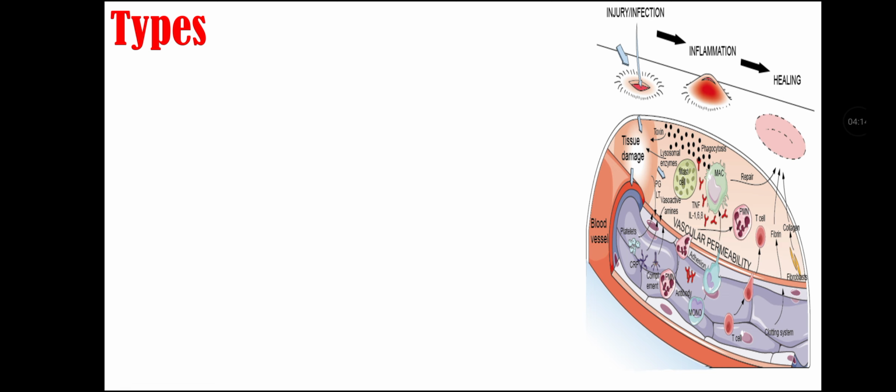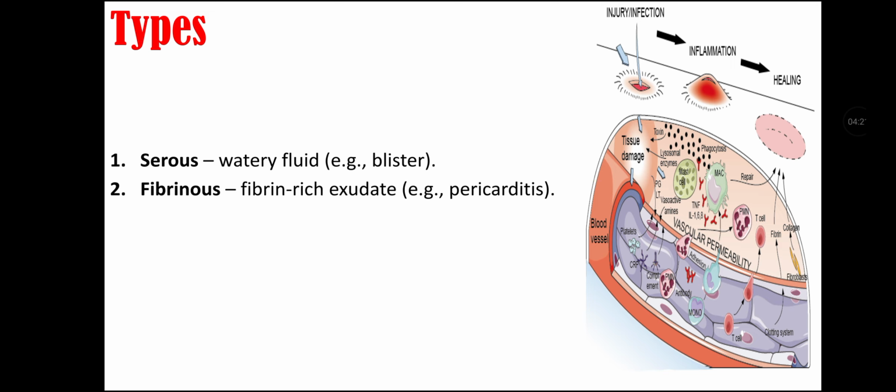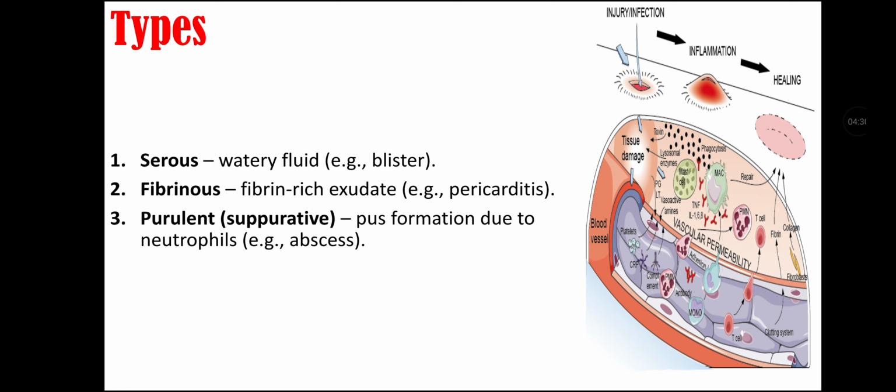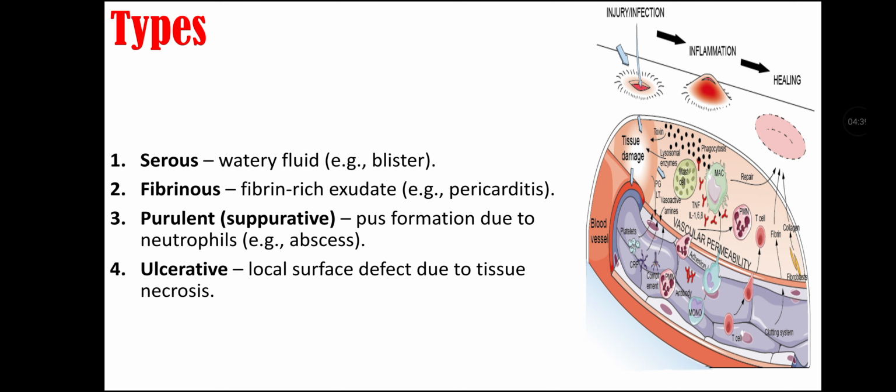Now let's talk about types of acute inflammation. First is serous type, that includes watery fluid. Second is fibrinous type of acute inflammation, that includes fibrin-rich exudate, for example pericarditis. Third type of acute inflammation is purulent or suppurative inflammation, that includes pus formation that is due to neutrophils, for example abscess. Fourth type is ulcerative inflammation or ulcerative acute inflammation, that is when local surface defect is there due